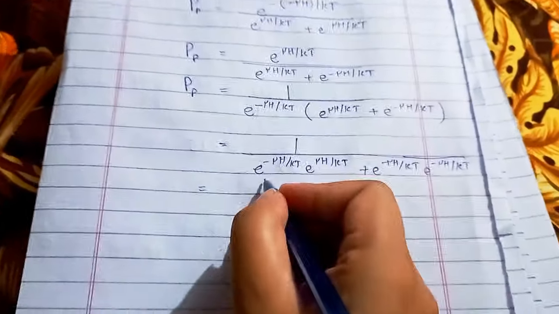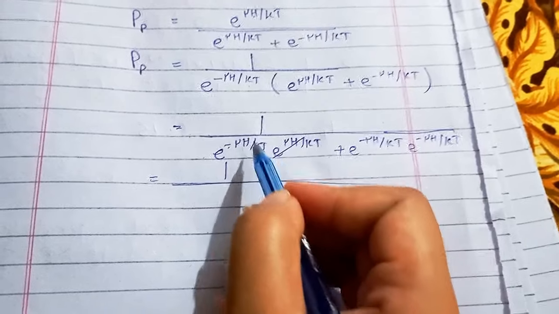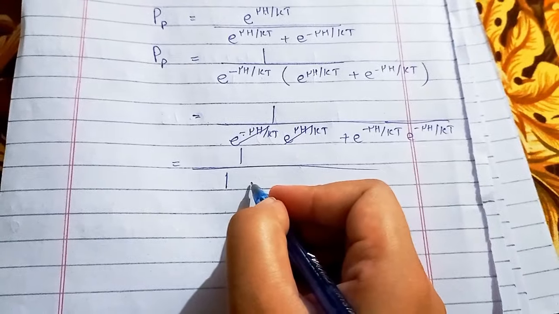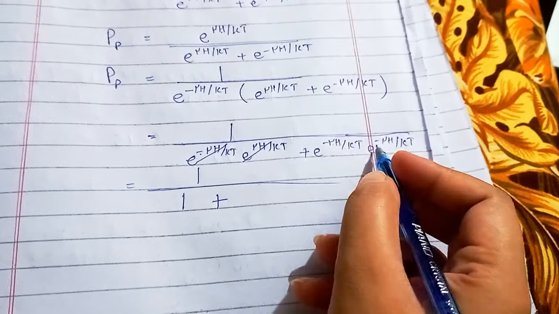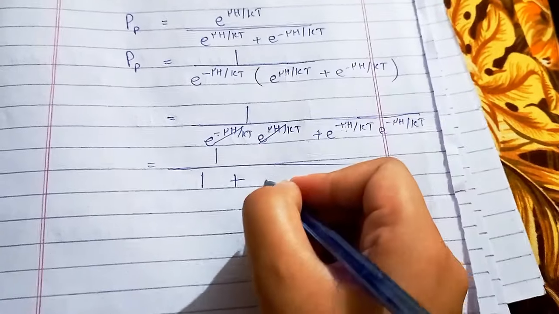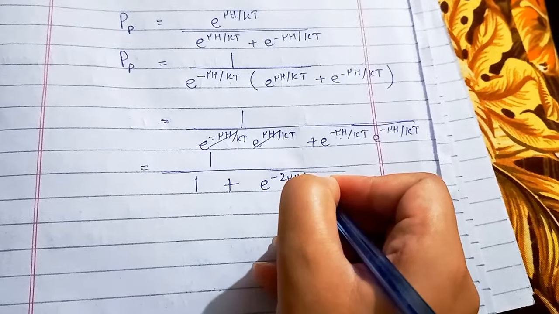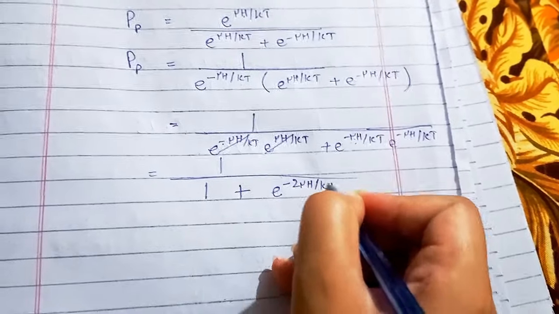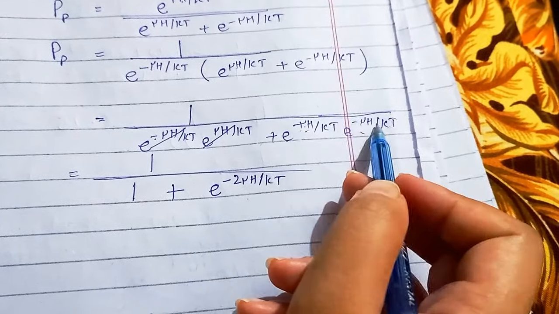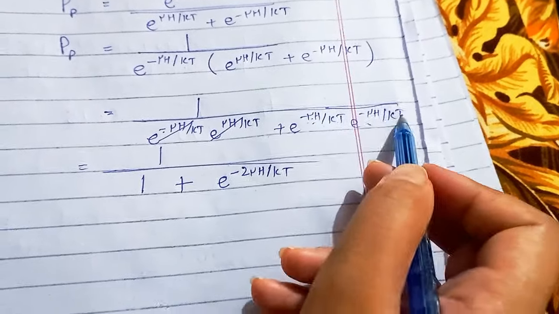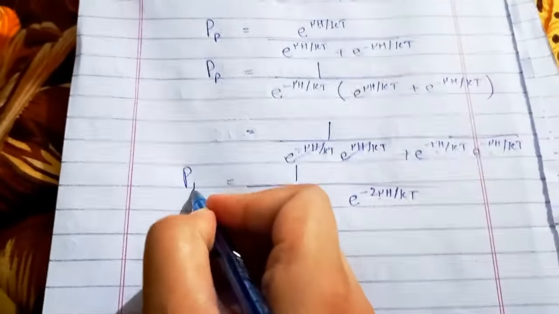In the next step, its negative power and positive power will cancel out and we'll be left with 1 here, plus both of them are the same terms, so the power will become double, minus 2 mu h by kT. The power becomes double because the bases are the same, so the powers are added: minus mu h by kT minus mu h by kT becomes minus 2 mu h by kT. Probability is here,